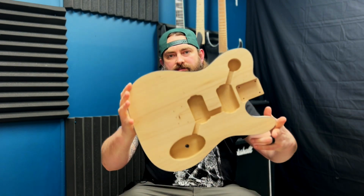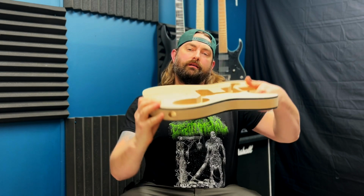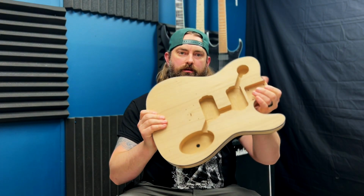So welcome to episode 4 of my Telethrasher series, where I take a DIY kit guitar and turn it into my ultimate metal weapon. In the last episode, I installed this binding on the guitar, and in this episode, I'm doing another body modification. So this guitar came with a top-loading bridge, and I'm going to be installing this nice